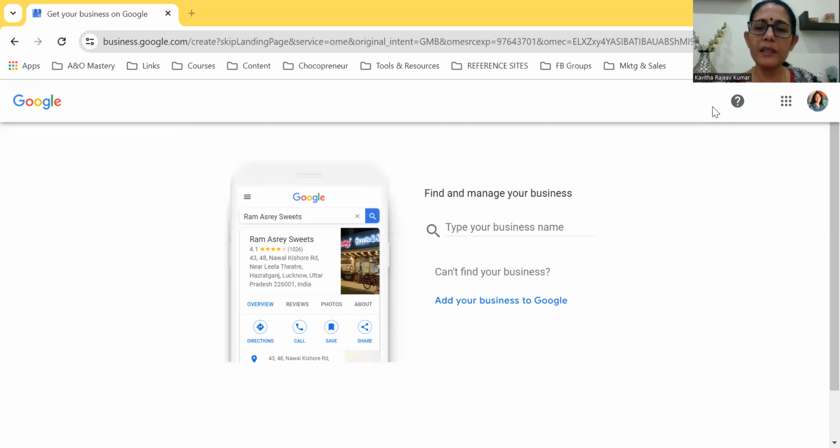So fill in all these details, and once your account is verified, you will get that information on the mail, or you can come here and you will get a message. Once it is verified, then you have to go and fill in all the details.